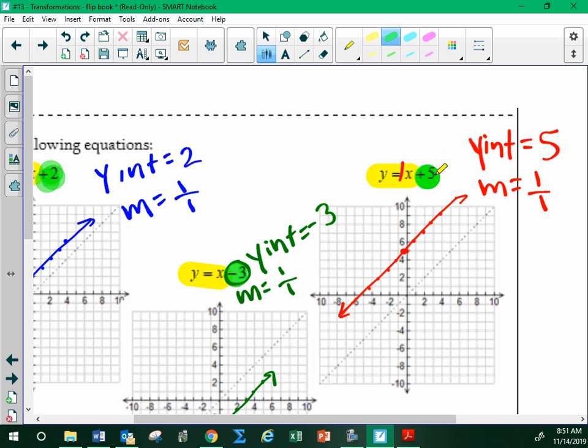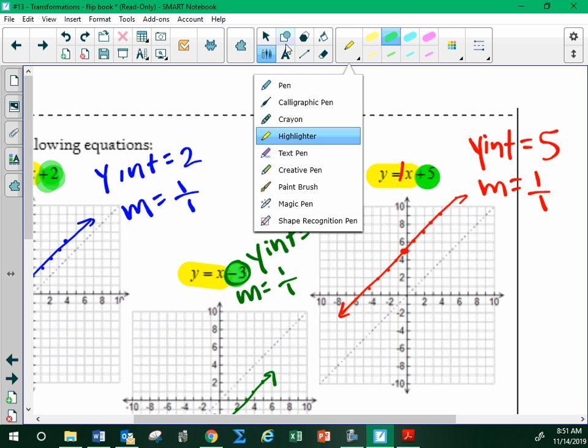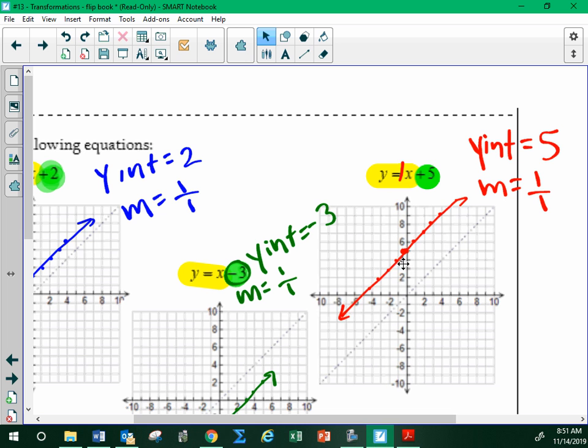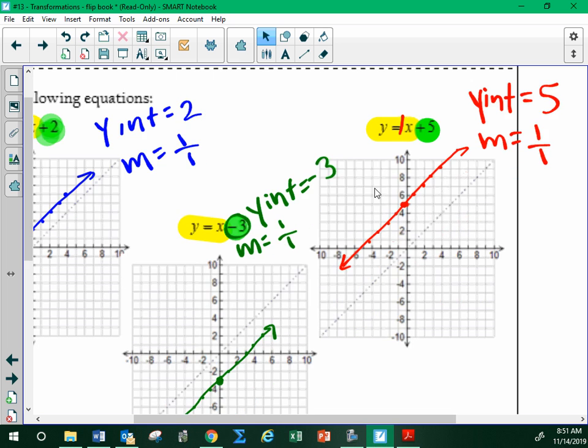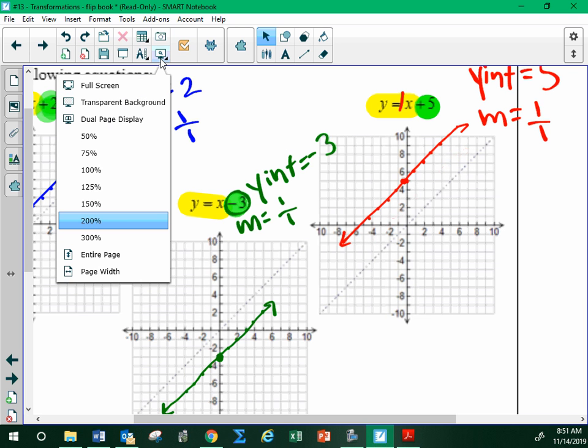Added 5. So I went up 5. And we again can see that if we start here and go up 1, 2, 3, 4, 5, boom, there it is. So whenever we have that change in the y-intercept,